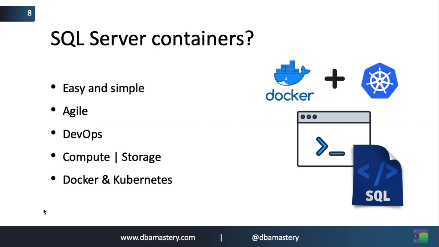So that is where containers running on Docker and Kubernetes come to light to provide you that portability, that agility to run modularized applications on premise or even the public cloud like Azure. Okay,